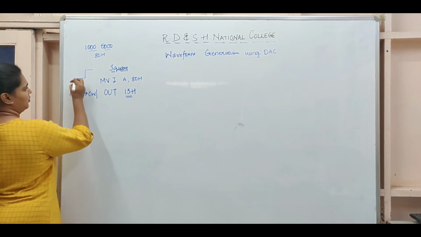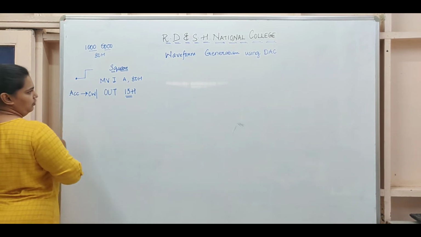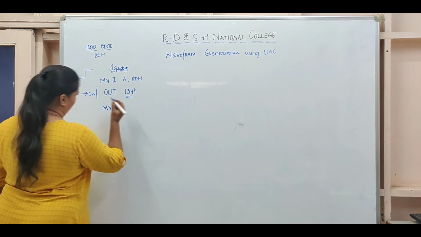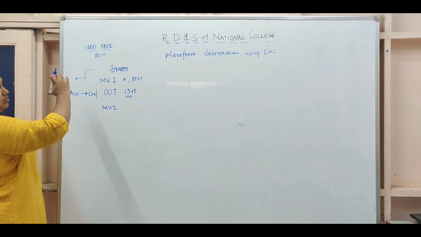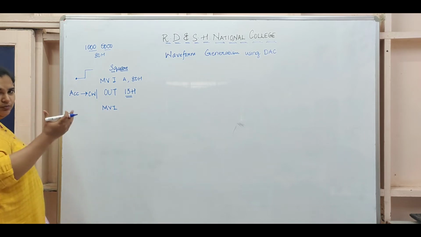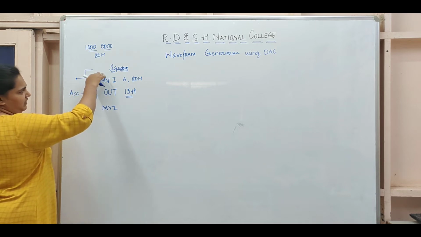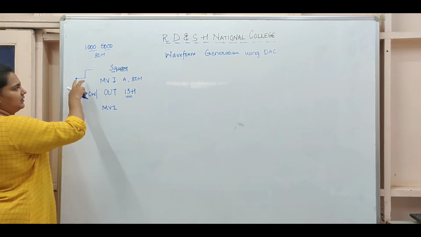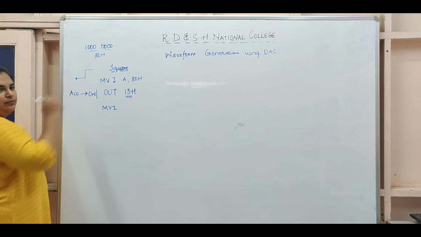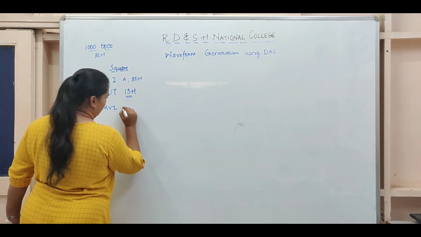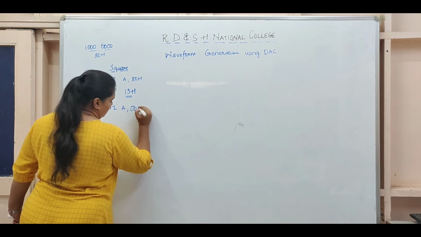So the first thing I want to give is the low value. The lowest value possible for a square wave, you can give any value, but to see a good amplitude of square wave, I will give 00 for low and FF for high. You could give 55, AA, whatever, but this should be lower than this value. I want a good amplitude, so I will give 00 and FF. So MVI A 00H.